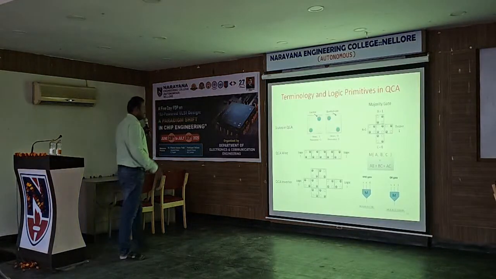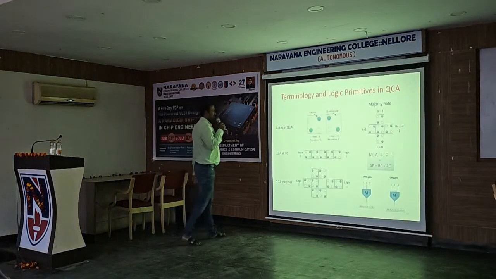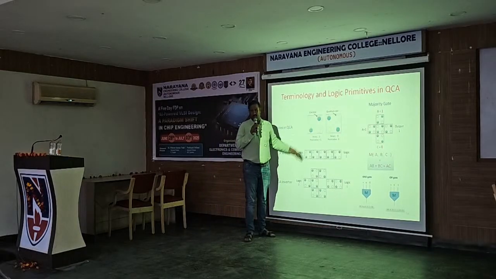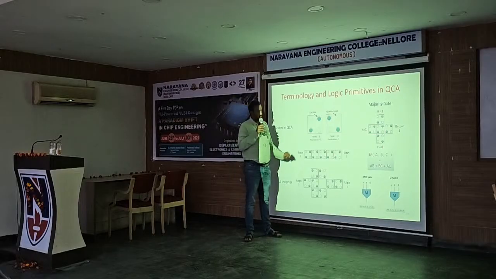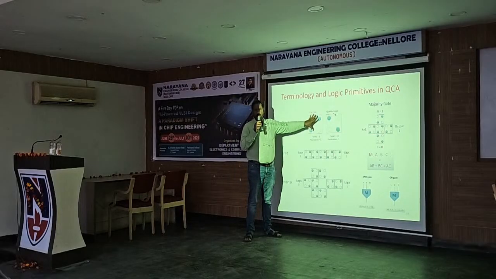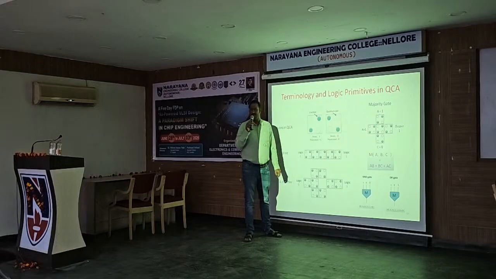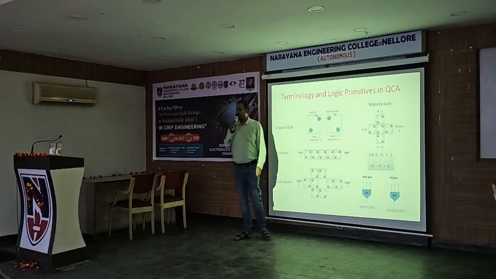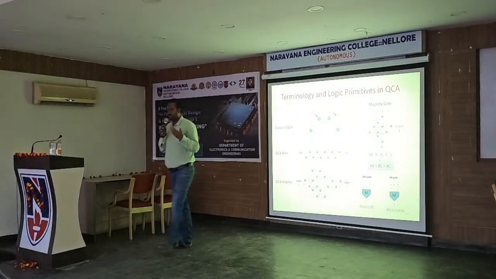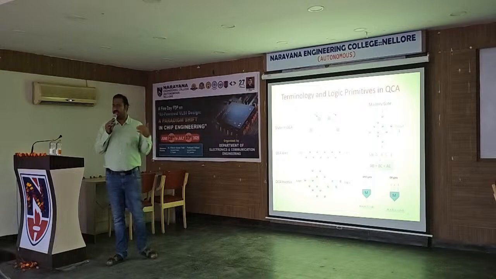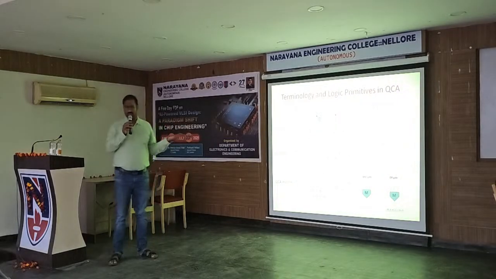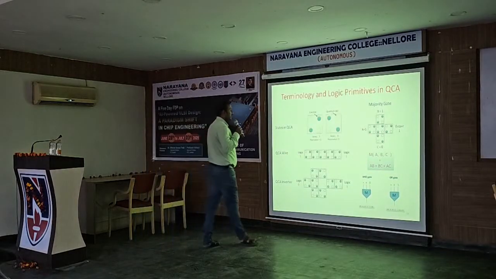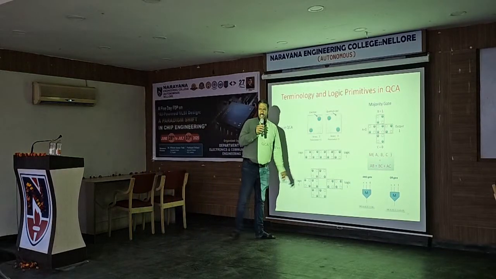Here, these are all called quantum dots. Let's assume that we have only two electrons. If I place two electrons, which direction will they sit in? This direction or this direction? The reason is the electrostatic potential: whichever is lower, that is the state they try to stay in. One direction we call 1, the other direction we call 0.